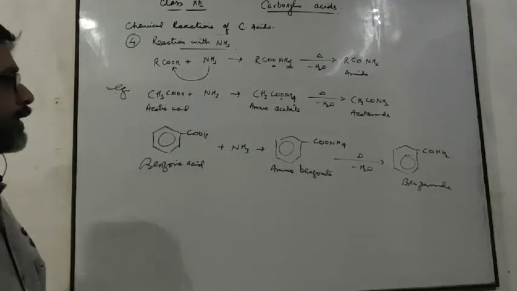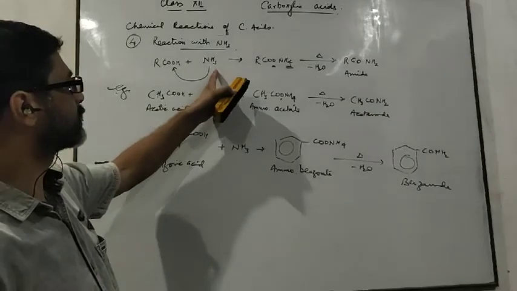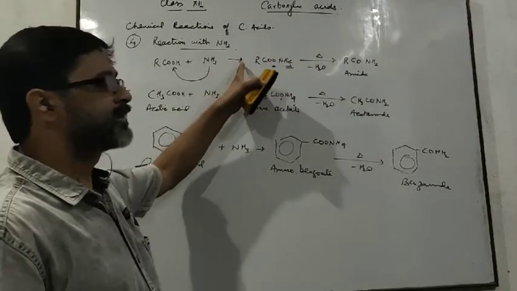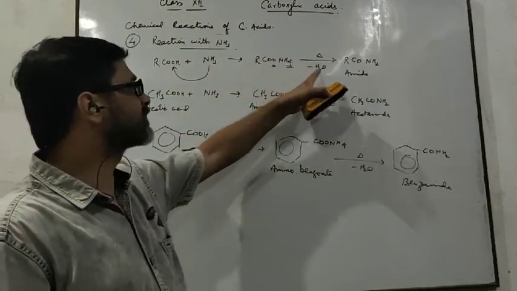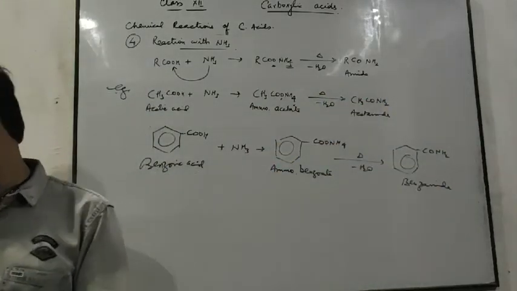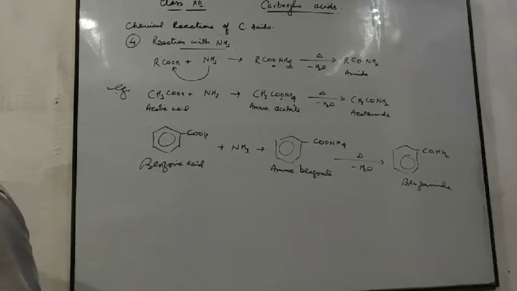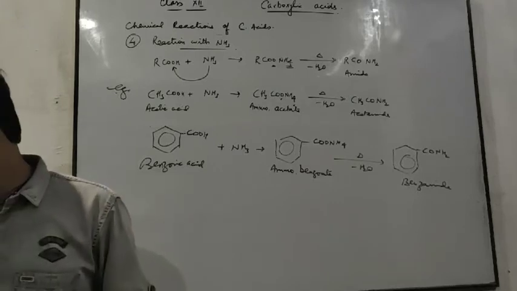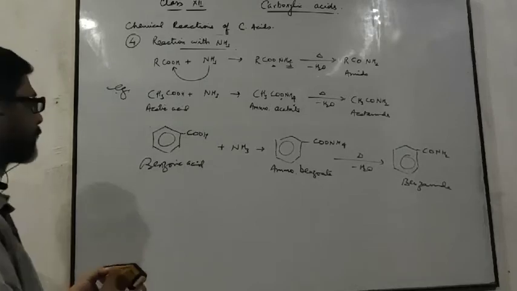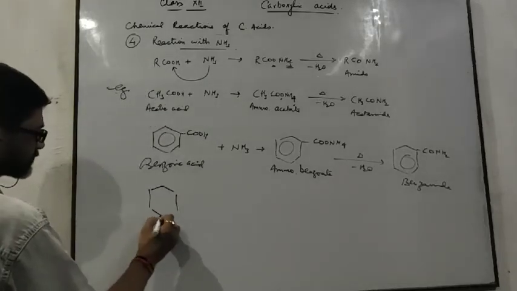Like this. Means you can say carboxylic acid with ammonia forms an intermediate product which loses one molecule of water and forms acid amide, or you can say amides. Like this. If we take one more example here,